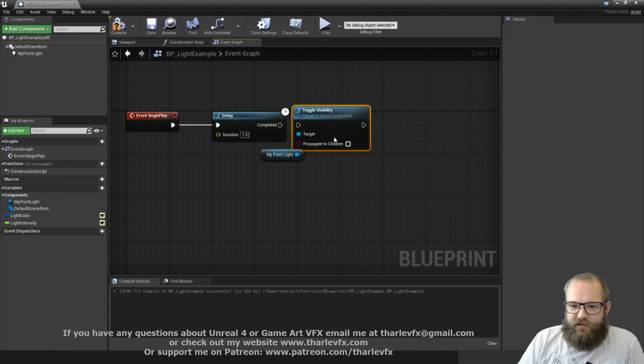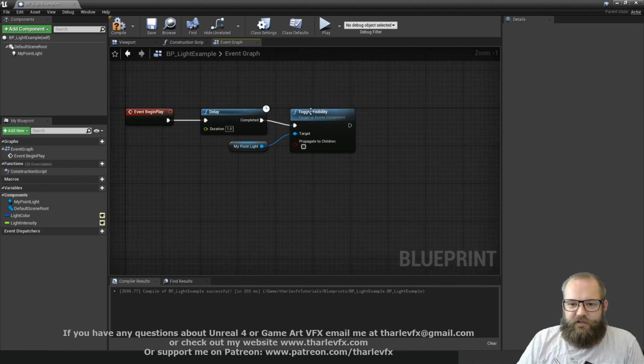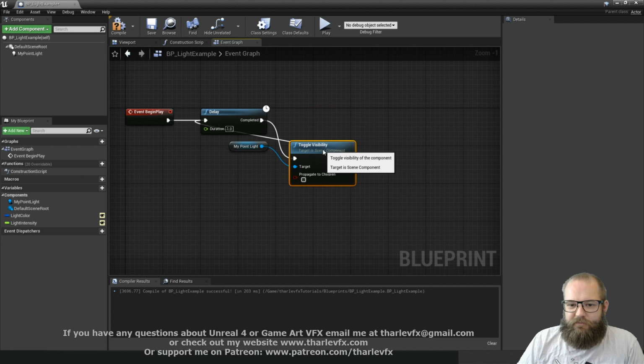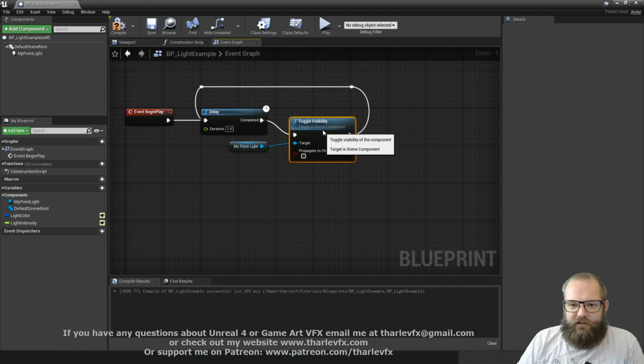And so what this is going to do is if the light is on, it's going to turn it off. And if the light is off, it's going to turn it on. And actually what I'm going to do is go back here, and there's nothing stopping us doing this and plugging one connection back into itself. And you have to be a little bit careful doing this because you don't want to create an infinite loop. But in this instance, as an example, we can create just a simple 1 second on, 1 second off